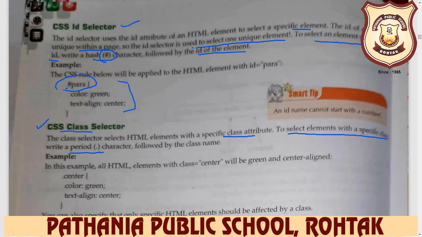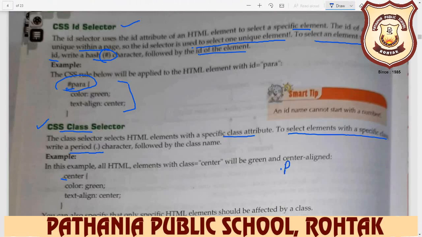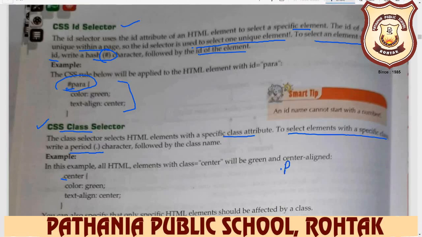Learn everyone, when we use the element selector, we directly use the name, like h1 or p. When you use the ID selector, we put the hash sign before the name. When we use the class, then we use the dot character here. This dot is called the period character. When you put the dot sign before a name like this, it means your class selector.